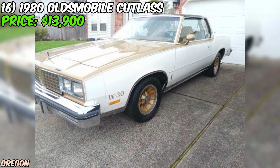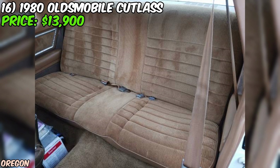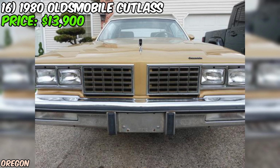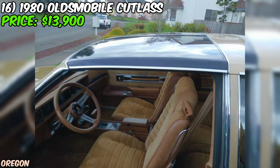Now let's talk about the condition. The seller is upfront about the fact that this car is not a showroom piece or a show car. It was the original owner's daily driver up until the early 1990s when it was parked in a garage and never driven again. That means it's got some minor wear and tear, including a small scrape-like dent on the driver's side quarter panel. But here's the thing, the seller didn't have it repaired because they wanted to keep the car as original as possible. And with only